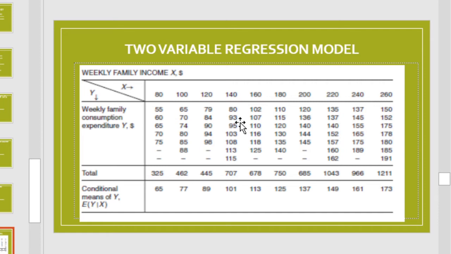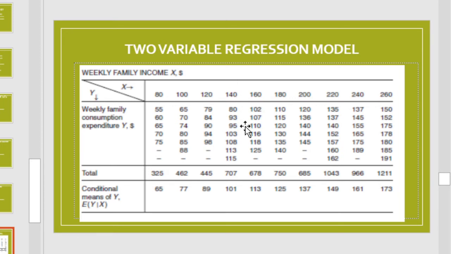We want to predict or estimate the mean value of the dependent variable on the basis of the known or fixed value of the explanatory variable. Here the second term is important in the sense that we are estimating or predicting the value of the dependent variable on the basis of the known or fixed value of the explanatory variables. Then what is this known or fixed value of the explanatory variable?